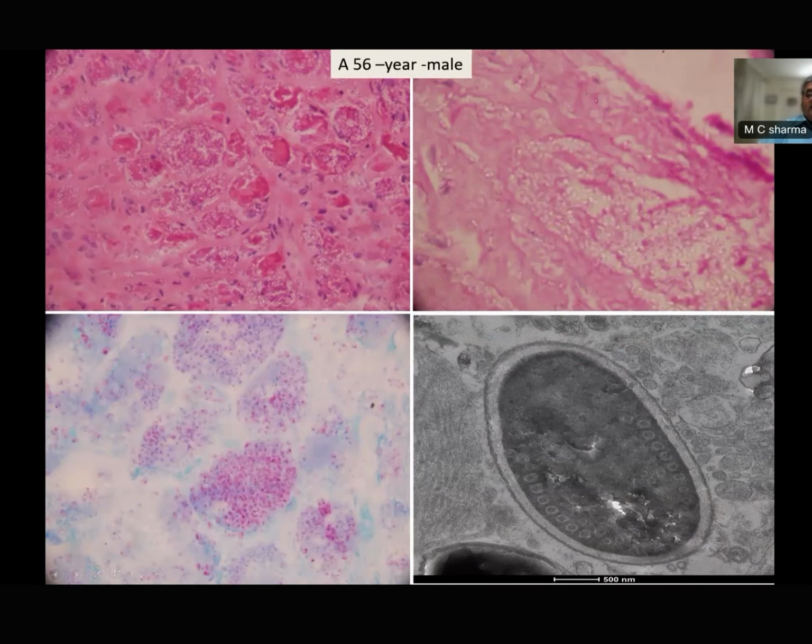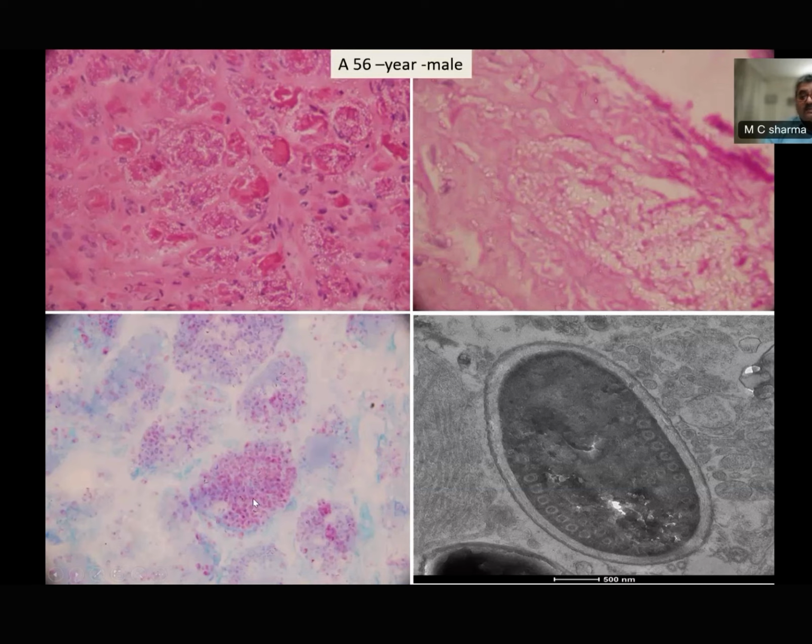This is another example where a 47-year-old male presented with muscle weakness. He was HIV negative, and there's a lot of necrosis of the muscles. Whenever there's necrosis of the muscle, diabetes is one cause. Sometimes there is what we call Jenkins degeneration in typhoid, which is a misnomer. Actually, it is a necrosis, but the term Jenkins degeneration is used. But in this case, this is an AFB stain. There's a lot of these